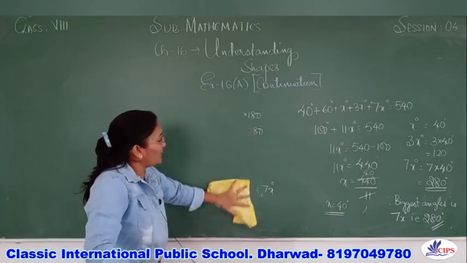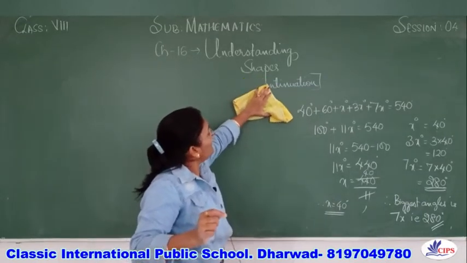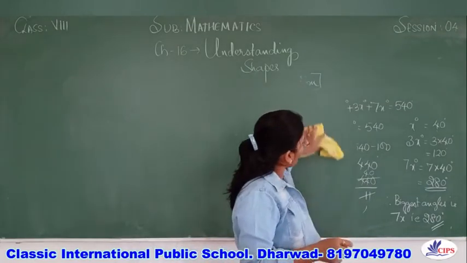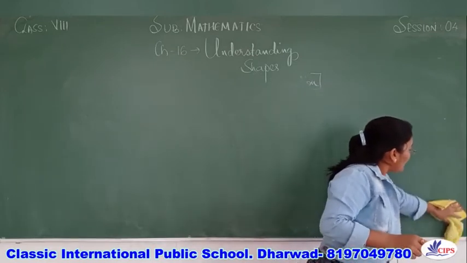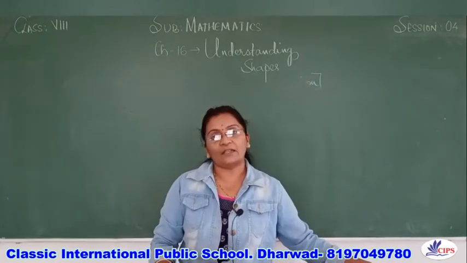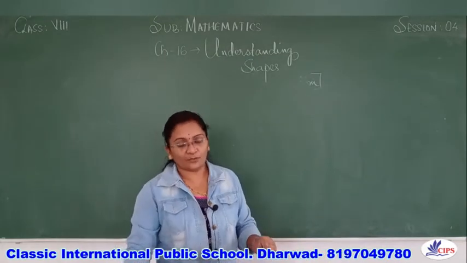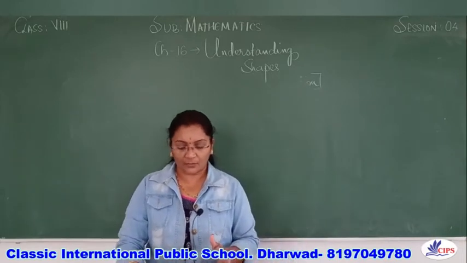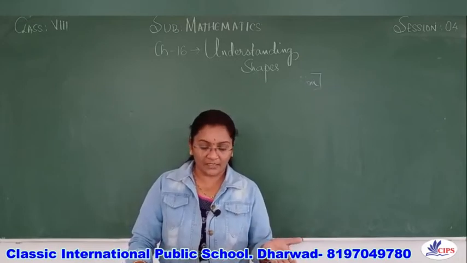Using those formulas we have to solve the next exercise. See what formulas they have given you about your regular polygon. As we were finding the interior angles formula, like how to find the sum of its interior angles, the formula doesn't change, it is the same. So the sum of interior angles is equal to (n minus 2) into 180, or (2n minus 4) into 90 degrees. You can write it as (n minus 2) into 180 also.